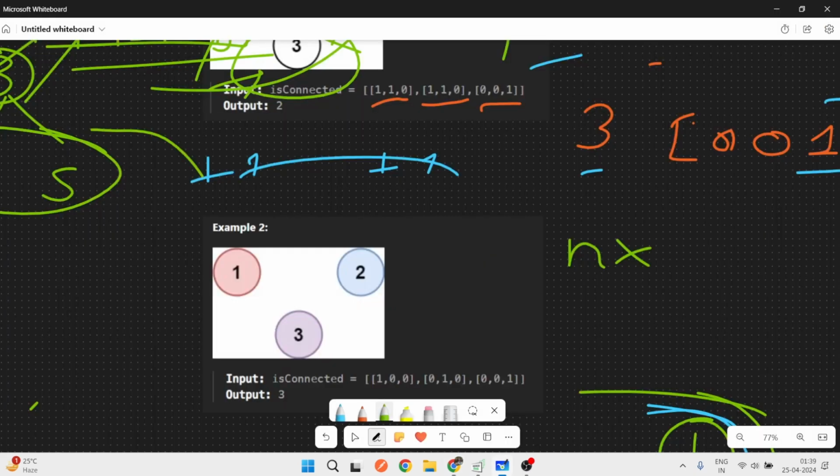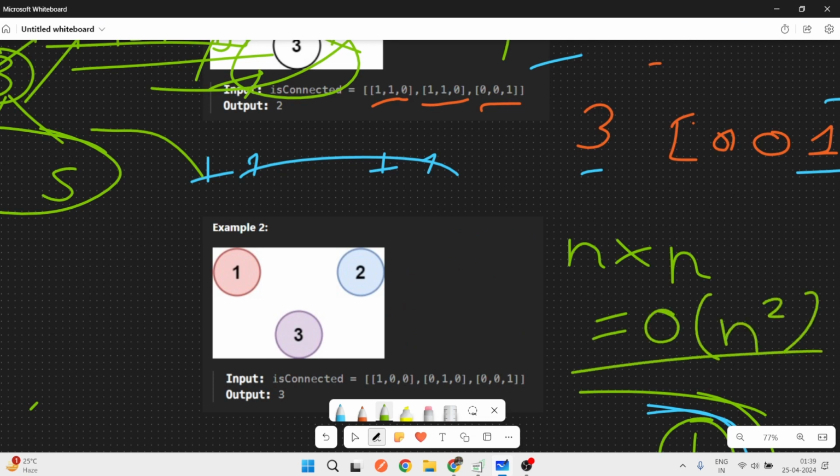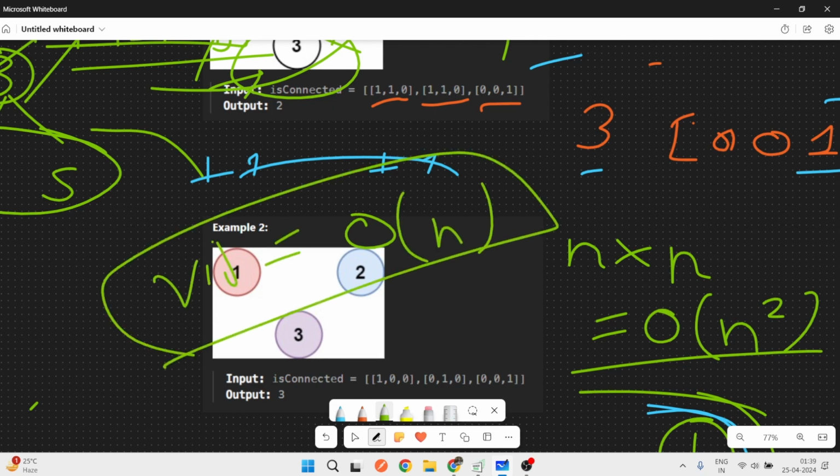So our time complexity is O(n squared). Space complexity is O(n) for our visited array. So this is our solution.